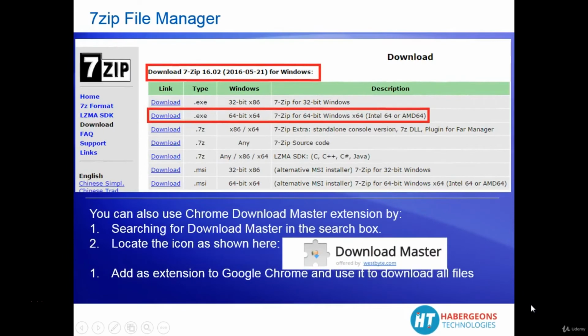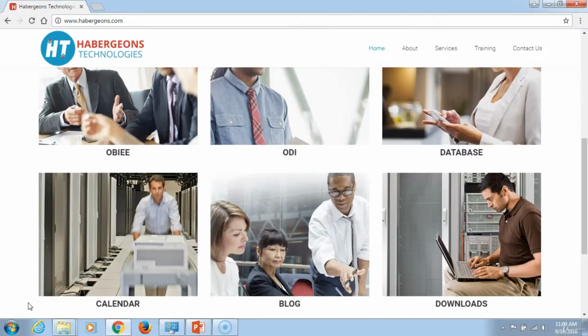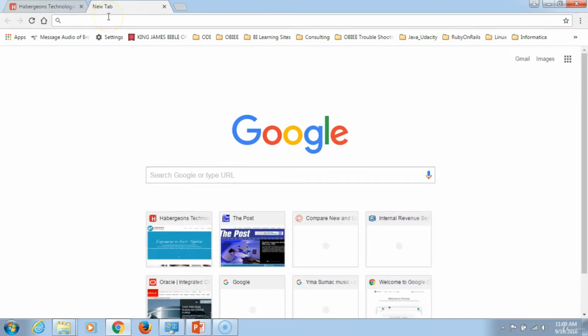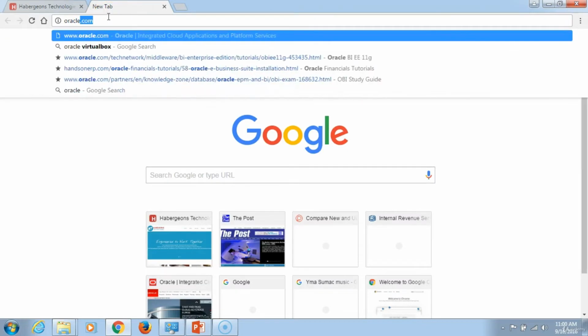Next, you will have to download a file manager such as 7-zip, which you will use now to unzip these files into a usable format that we can now import into the VirtualBox once all the files have been extracted. In order to download the sample application files for use in the VirtualBox, you will have to open a new search box in Google,